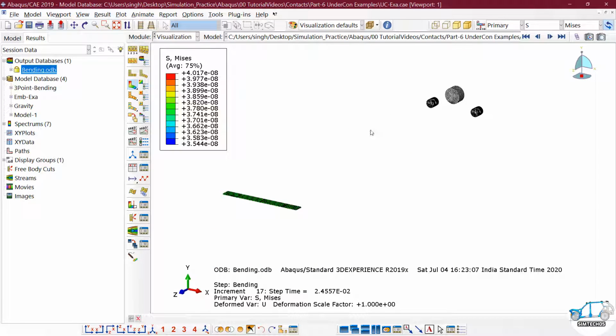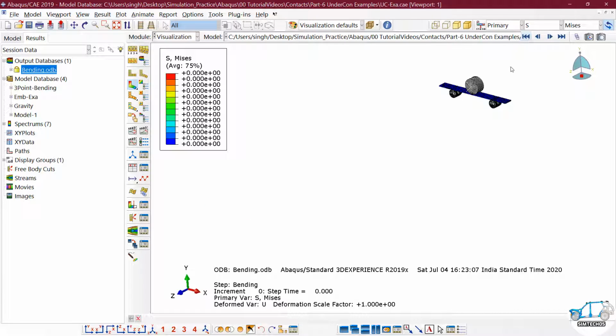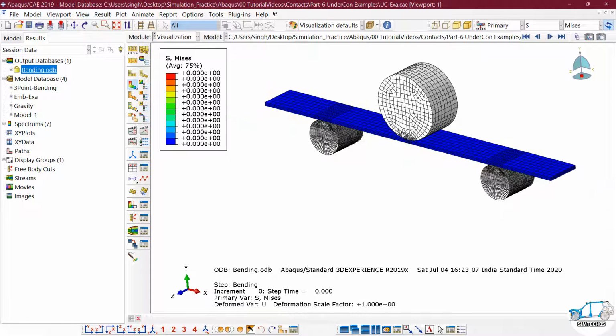Now you can see this plate component is not constrained along the z direction. Of course it is constrained along the y direction. Let's go to the first frame. It is constrained along the y direction because of the roller support and the tool, but it is not constrained in the z direction.